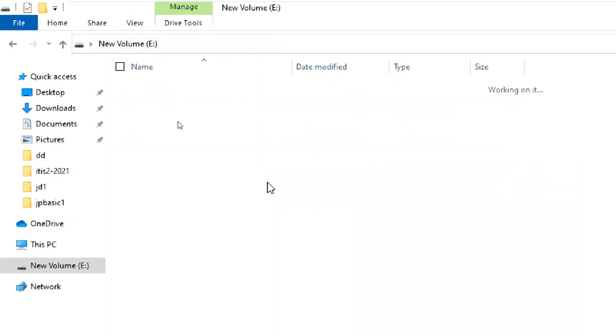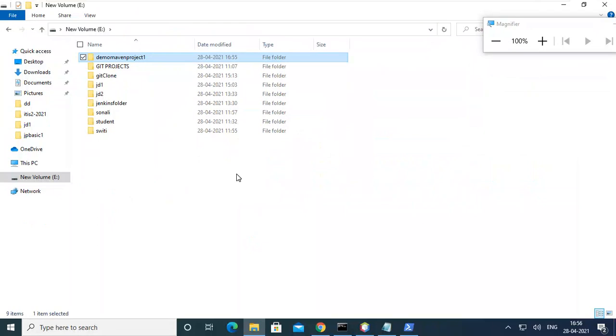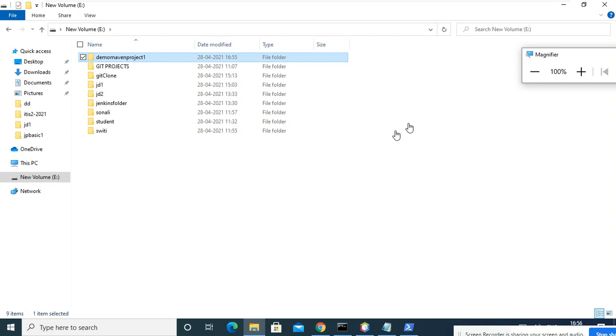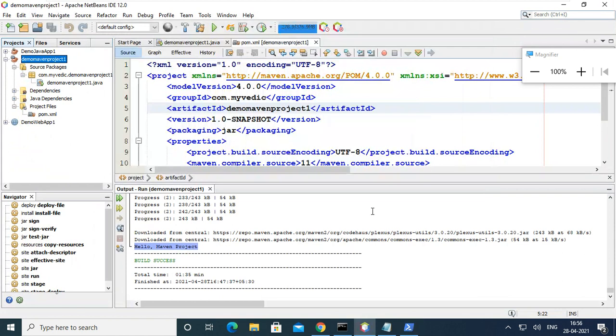So this is how we can do Maven things. The same thing we can do in Jenkins also.